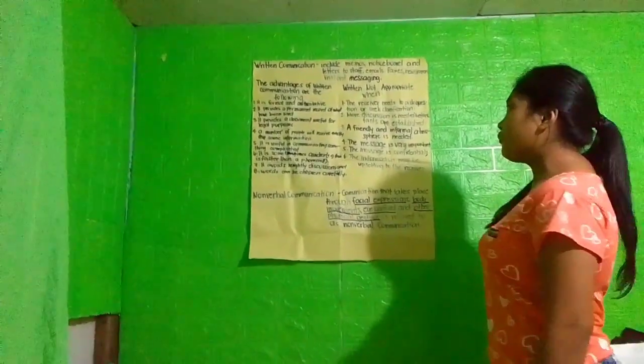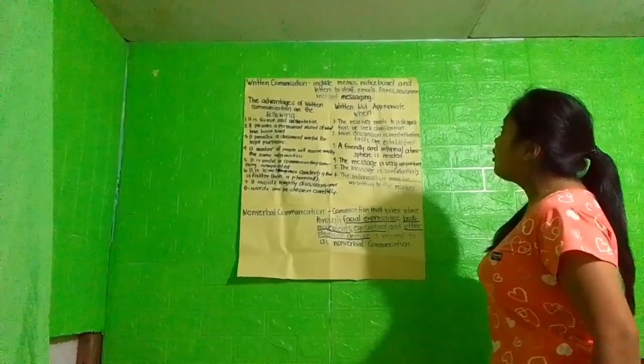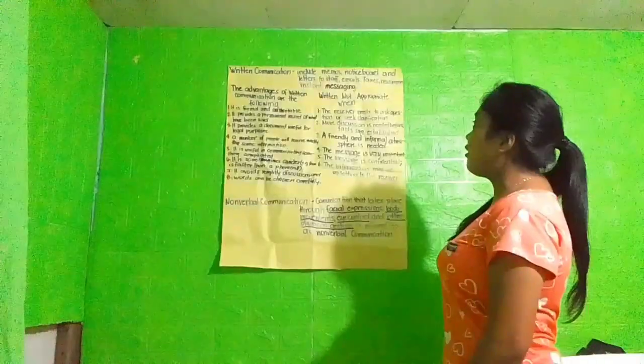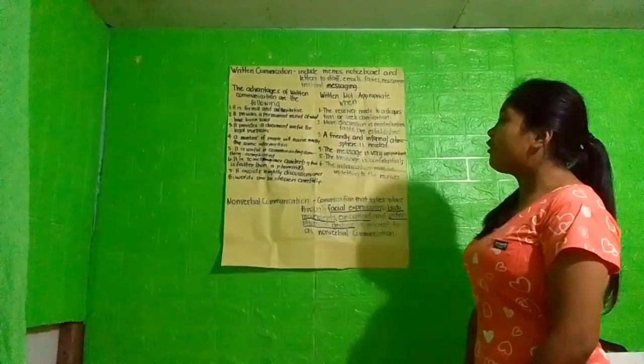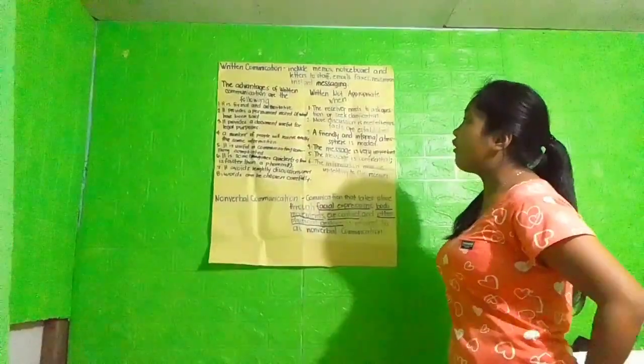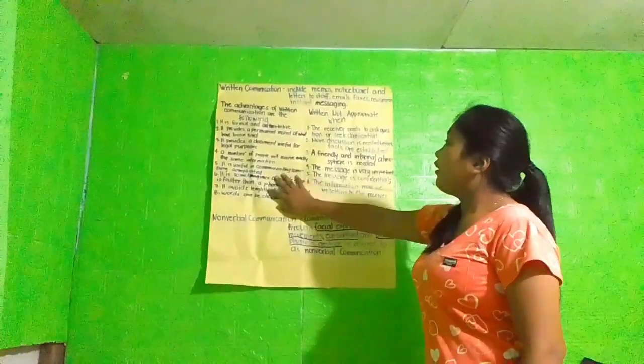Second is written communication. Written communication includes memos, notice boards, letters to staff, emails, faxes, newspapers, and instant messaging. The advantages of written communication are the following. Then, when written communication is not appropriate. There are 8